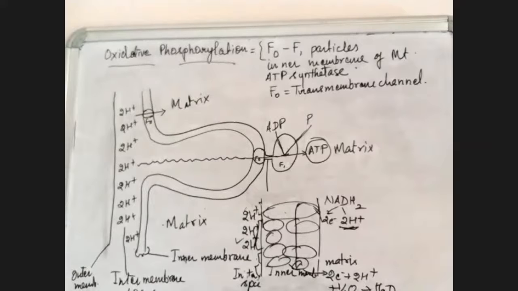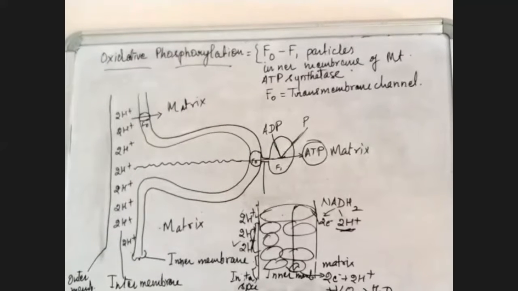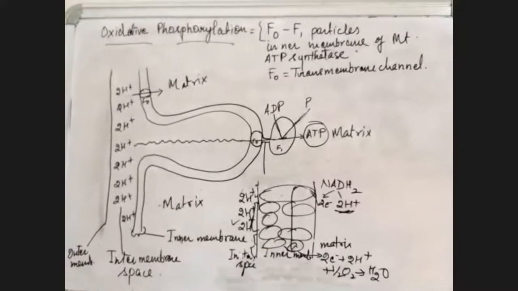Now, beta, that day I told you to write the balance sheet, the number of ATPs formed during glycolysis and the Krebs cycle. I gave you this work, but nobody sent it to me. I was looking for messages on WhatsApp, but I didn't get any answer. Nobody has sent me the balance sheet of the number of ATPs produced in glycolysis and the Krebs cycle. I told you that is very important, because we have to start with the balance sheet of complete aerobic respiration. But I think you people didn't do it.